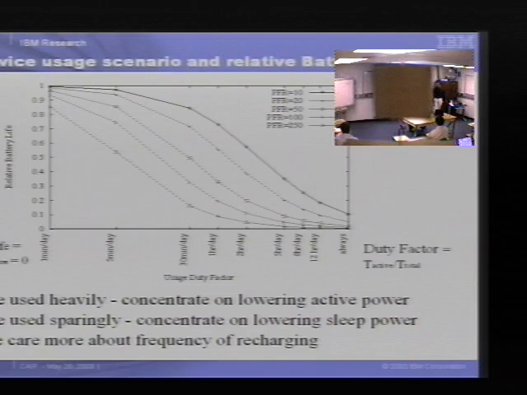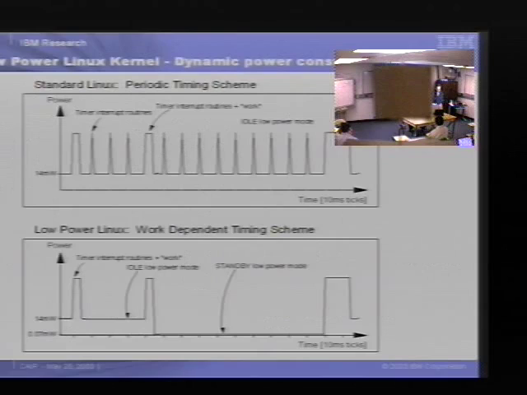And as I already mentioned before, the statement down here essentially is that people care about how frequently you have to end up charging the device. In many cases, it doesn't matter how long you have to keep something on recharge in order to get it charged. So one thing that we did was to actually work with the Linux kernel